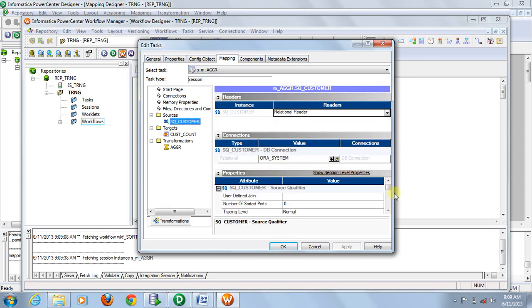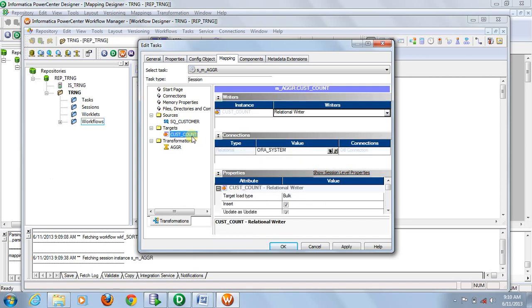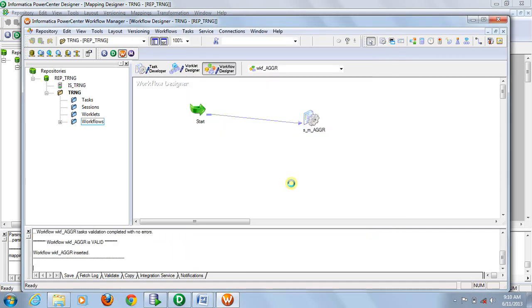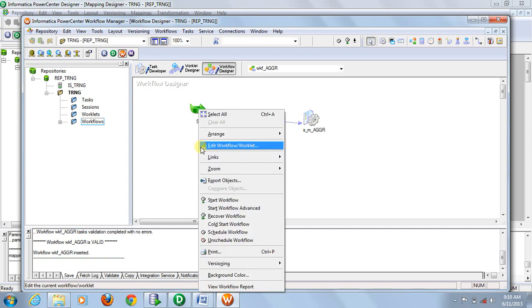As that was already provided in the first connection name, it has been taken as default. Otherwise you can provide your connection details here. And then schema name, in target make it normal load. Save it. So workflow has been created. Now run this workflow.